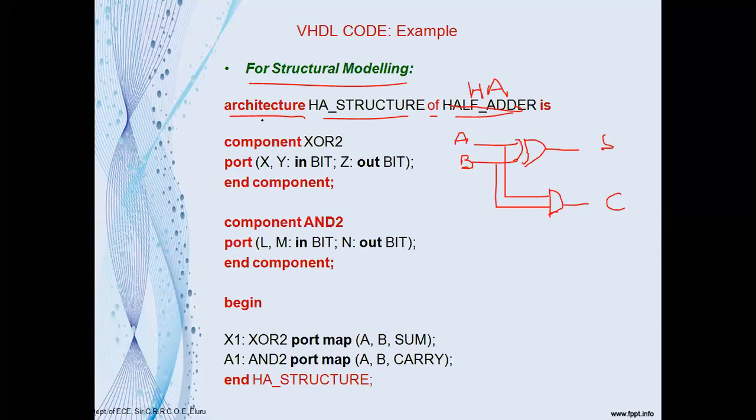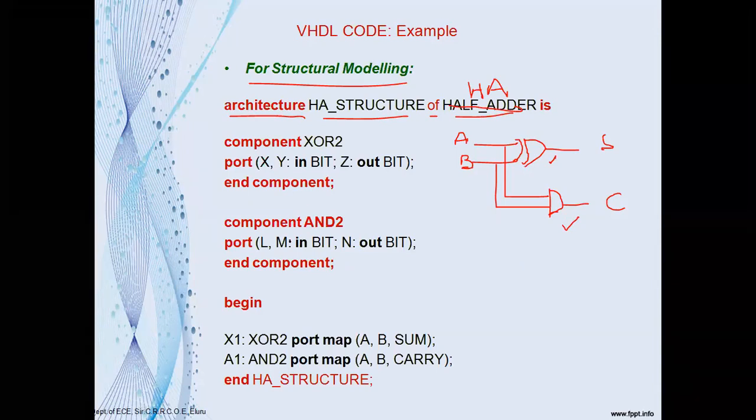Declarative part, statement part. In the declarative part we will declare the components. You can declare the functions, you can declare the signals, you can declare the components. So that's why here in the declarative part we will declare the components. For designing the half adder circuit, what are the components that we require here? The required components are one exclusive OR gate and one AND gate. So here we have taken two components, component exclusive OR and component AND gate.